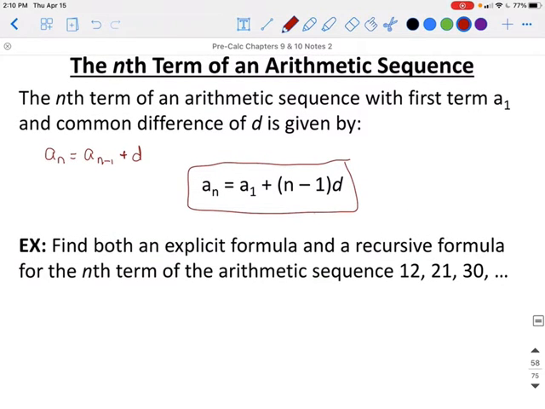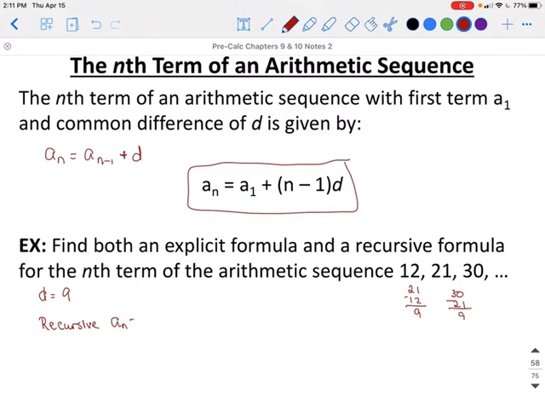So we need to find both an explicit formula and a recursive formula for the nth term of an arithmetic sequence of 12, 21, and 30. So if we do 21 minus 12, we're going to get 9. And if we do 30 minus 21, we get 9. So we do know that our common difference will be 9. To write the recursive formula,